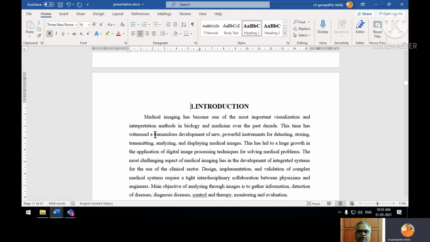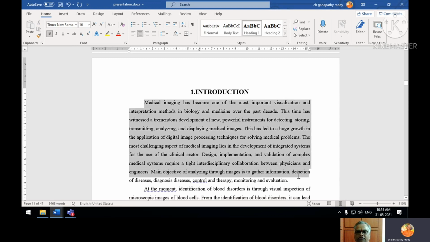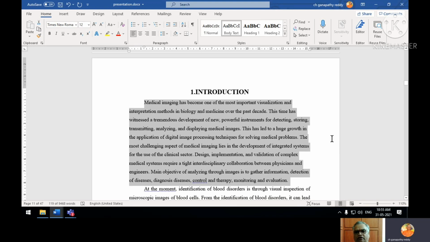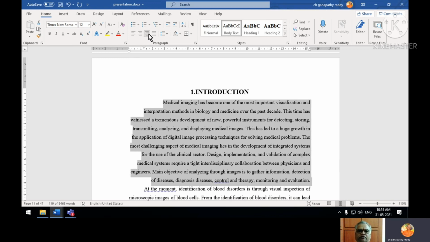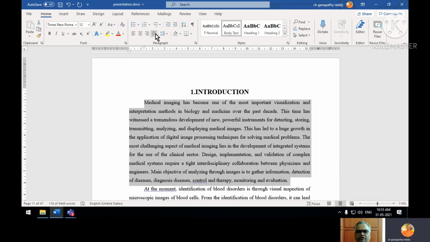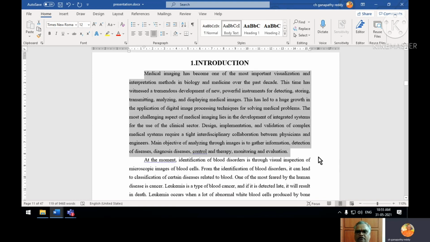Okay, like this. If any para is not justified, it looks like this, like left alignment. You see how the para looks on the right side. This is left alignment, so don't do left alignment. If you do center, again left side and right side are disturbed. Right alignment, left side disturbed. Justify. This is what? Justification. Sometimes justification has a common mistake. Here I am selecting a word by detection. Here I entered manually.